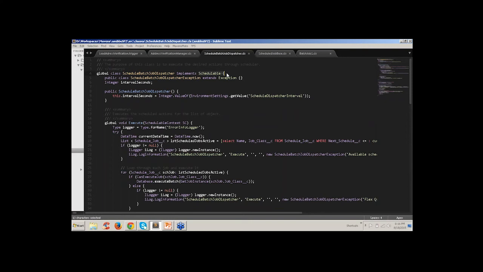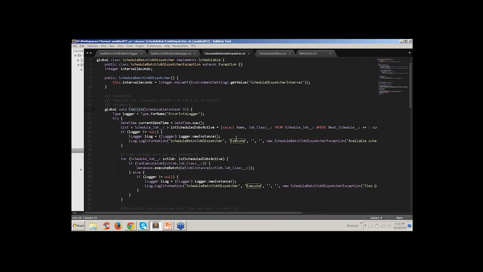If any class implements the Schedulable interface, it is considered an Apex scheduler. Now what I do in the execute method of this Apex scheduler is look at a table called Schedule Job. Can you see this? Select name, job class from Schedule Job. So what is the Schedule Job?